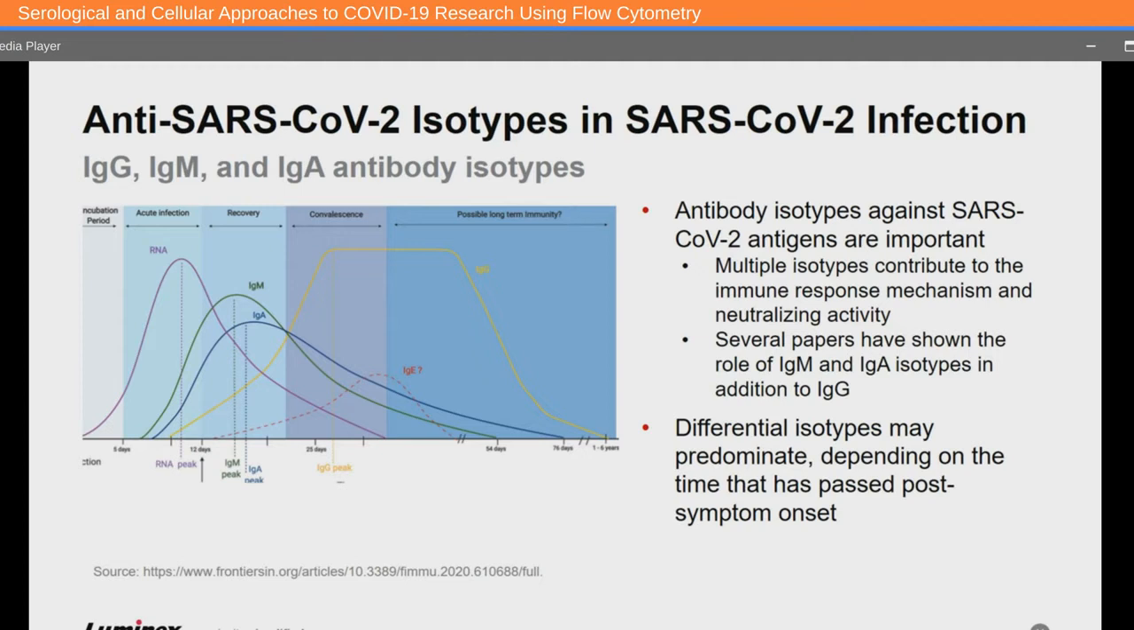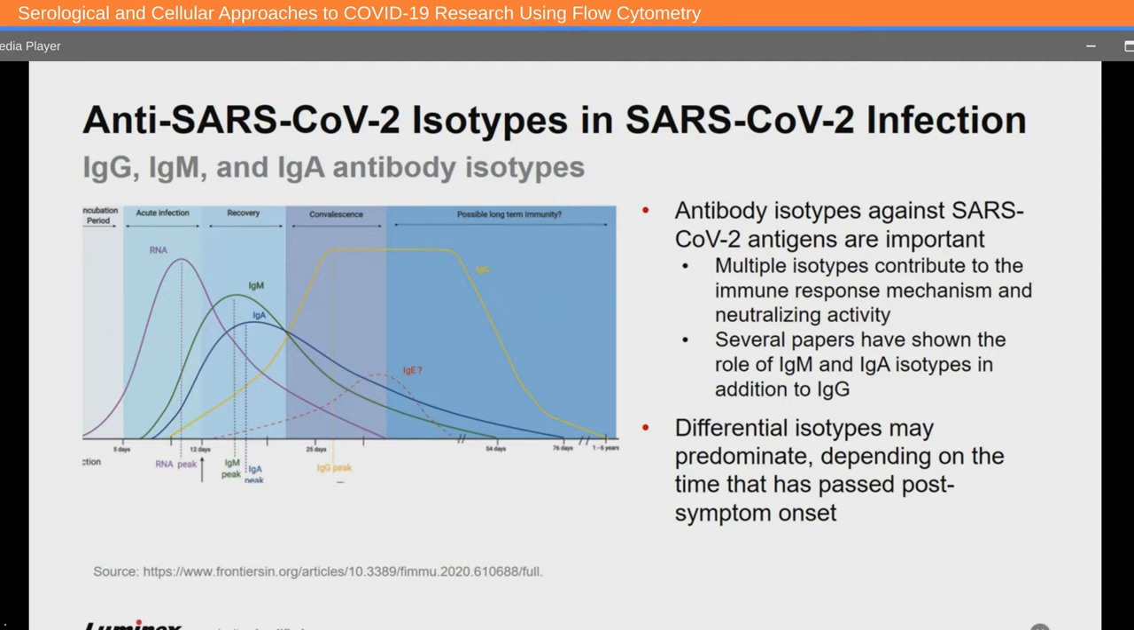Multiple antibody isotypes have been shown to be produced in response to the SARS-CoV-2 virus in plasma and serum samples. Several papers have shown the presence of IgM and IgA isotypes in addition to the IgG isotypes, and also establish that these additional isotypes contribute to the immune response mechanism and neutralizing activities. It is important to note that different isotypes may predominate depending on the time that has passed post-symptom onset, and